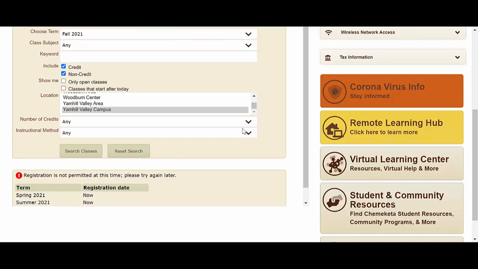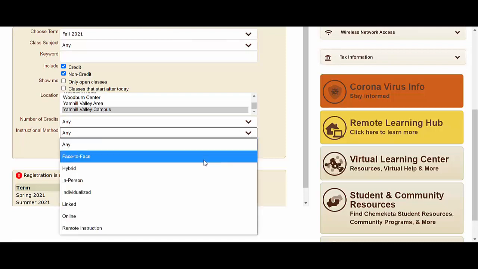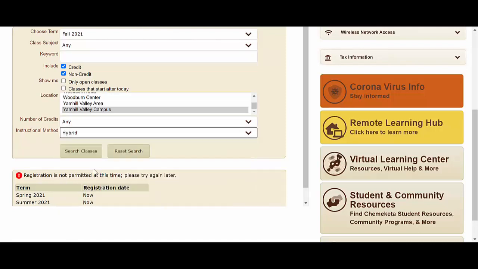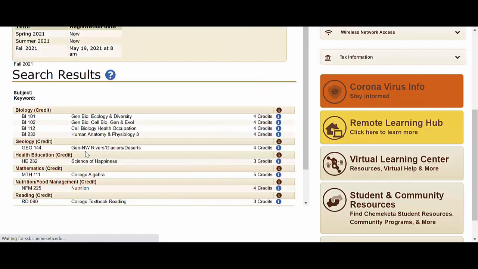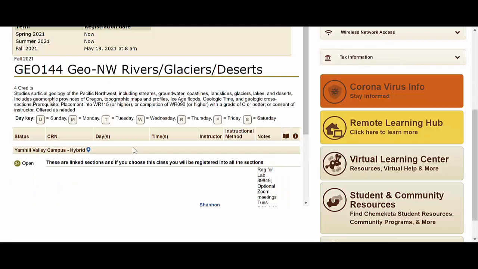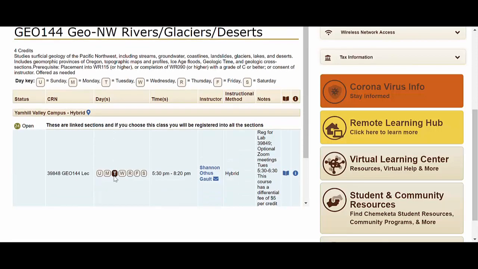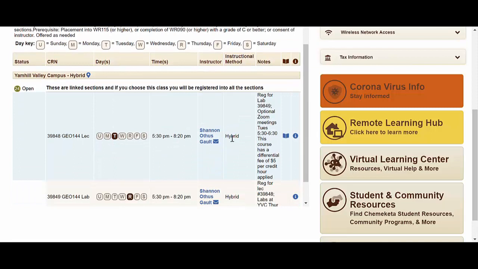Okay, so the next instructional method that we'll take a look at is the hybrid method. So we search classes, and these classes are being offered hybrid at the Yamhill Valley campus. We'll take a look at this Geo 144, Rivers, Glaciers, and Deserts. This is being offered in a hybrid format.